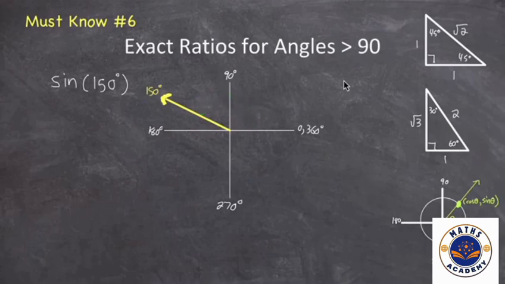Now each principal angle has a reference angle. The reference angle is the angle between the terminal arm and the closest x-axis. The angle between 150 and 180 would be 30 degrees. So I could say that the reference angle is 30 degrees. This reference angle and the CAST rule is going to help me find